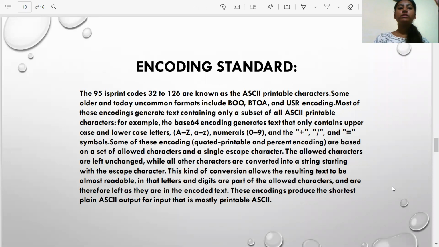Encoding standards. The 95 printable codes 32 to 126 are known as ASCII printable characters. Some older and today uncommon formats include btoa, BOO, and uuencoding. Most of these encodings generate text containing only a subset of all ASCII printable